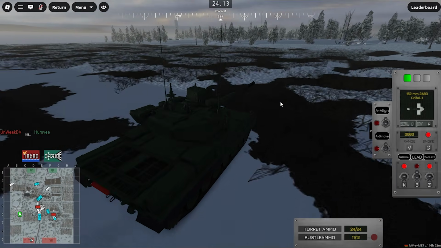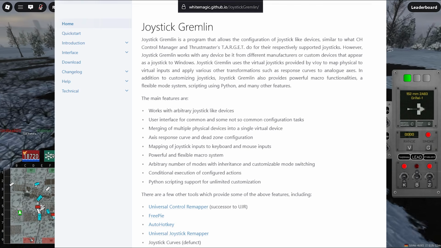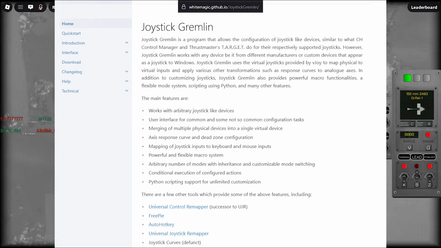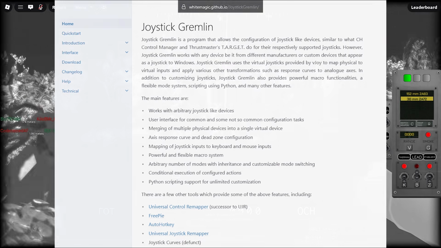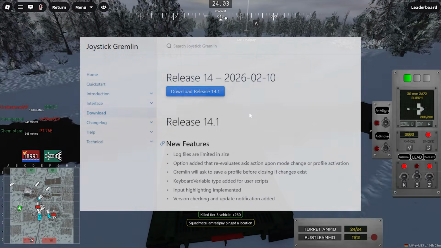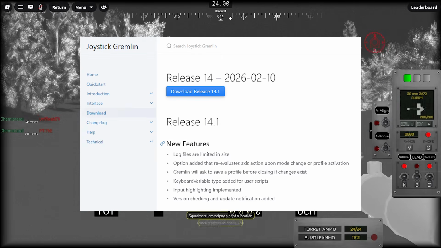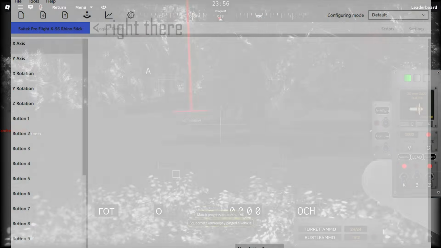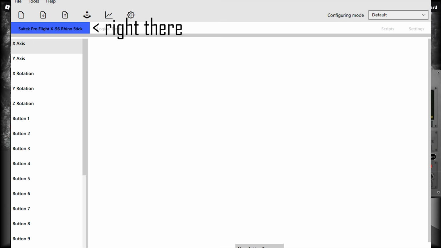So the software I use to translate my inputs is called Joystick Gremlin. This is the page for it. You can just copy it real quick. So anyways, you're gonna download the latest version. Once you extract the file, make sure you extract it. This is important. You can just launch it, and if your joystick is recognized, you are able to remap your